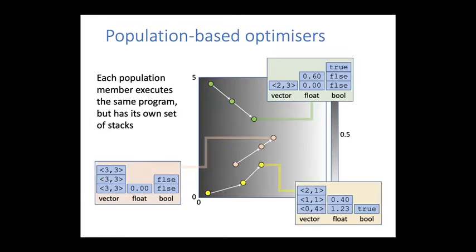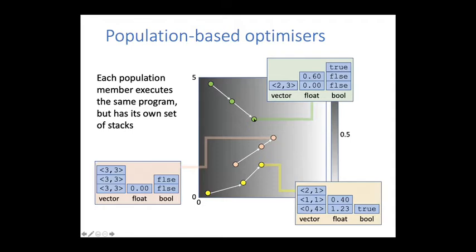So that was a local optimizer, so one point of search. But it's also possible to evolve optimizers with multiple points of search. And these broadly follow the swarm model, where each trajectory here is a search process, and these run the same program, but they have their own internal state, and they follow their own route through the search space.